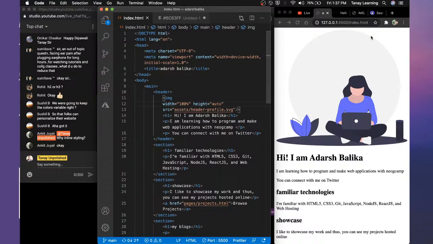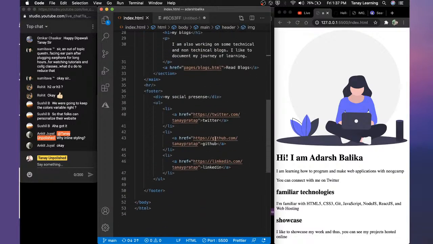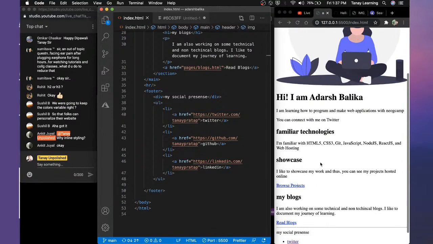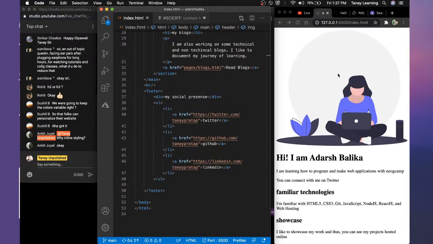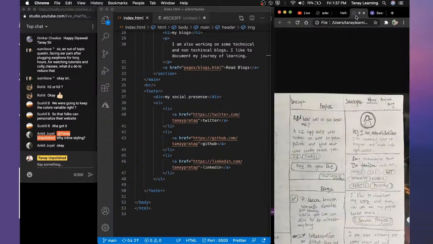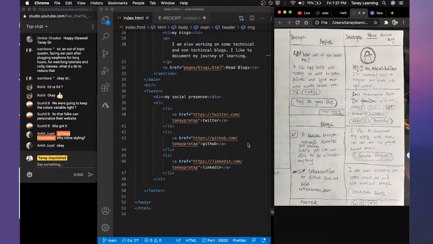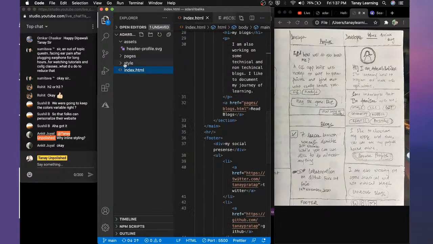What now? Before we get into styling, I want to do the HTML. I want to complete HTML completely. So my social presence is done. This is nice. My blogs, something. So this is there, and then we have a project page. Yes, so we need to create a project page. Here in pages we need to go and do projects.html,